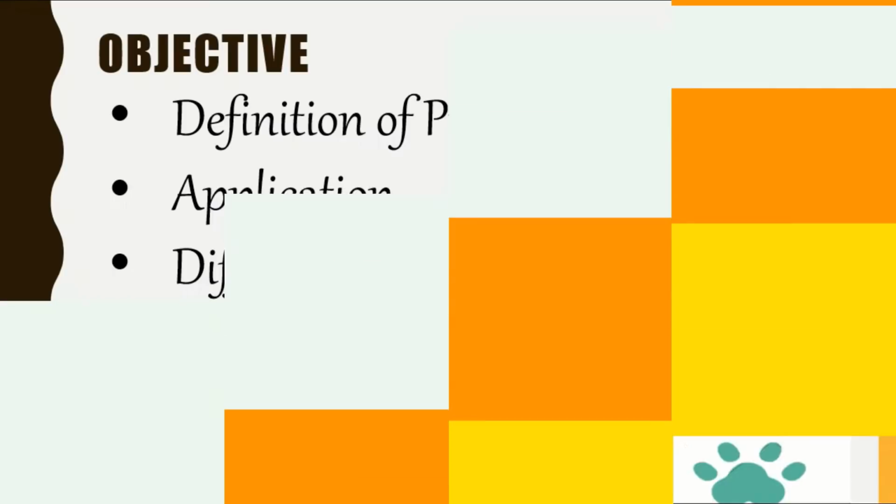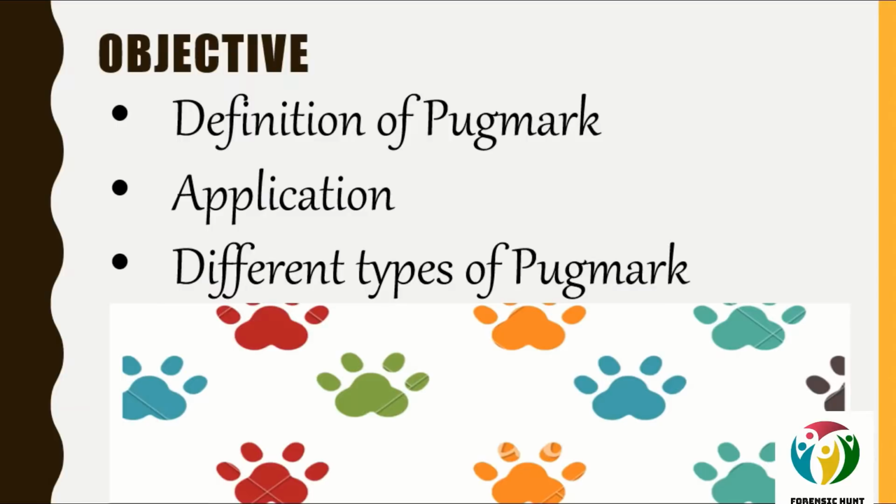So by this video you would be able to know the definition of pug marks, what are the applications of taking those pug marks, and what are the different types of pug mark. The different types of pug mark include how you would be able to differentiate the dog pug mark from the feline family, how you would be able to differentiate the leopard pug mark from the tiger,